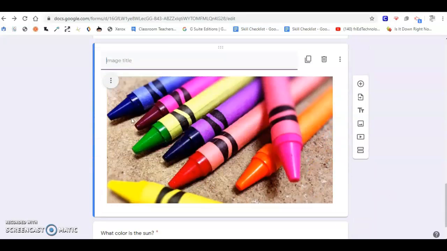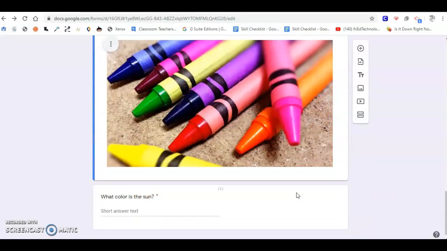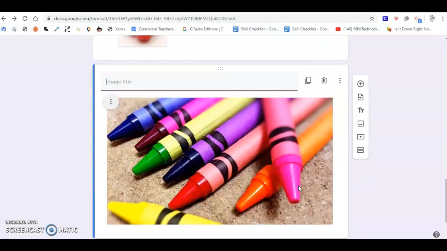And you see it adds the image by itself. It's not associated with a question. So this might be if you have an image that you would be using for multiple questions, like a map or a quote or maybe a little excerpt from a book